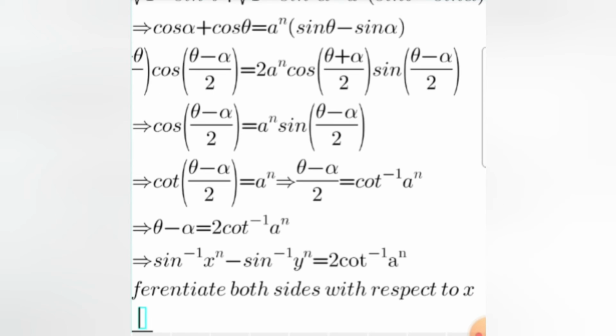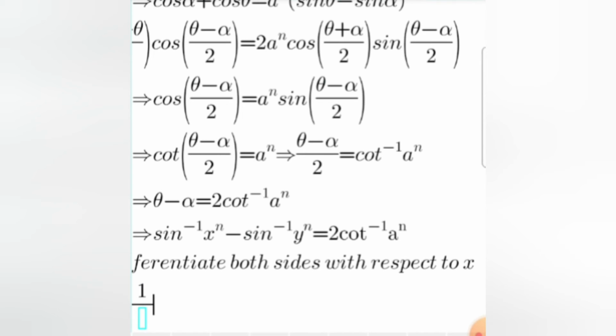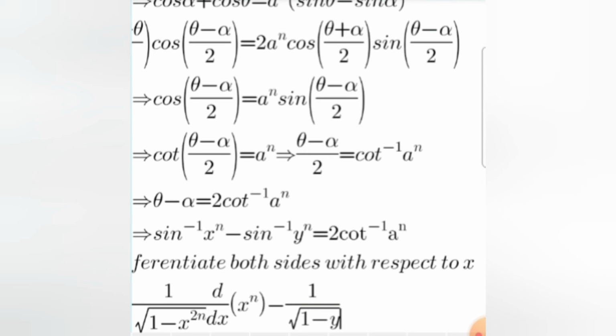Then the derivative of sine inverse x is 1 over root over 1 minus x to the power n whole square, that is x to the power 2n, into d/dx of x to the power n, minus the same for y: derivative of sine inverse y to the power n is 1 over under root 1 minus y to the power 2n, and derivative with respect to x of y to the power n. And this is equal to, on the right hand side is constant,